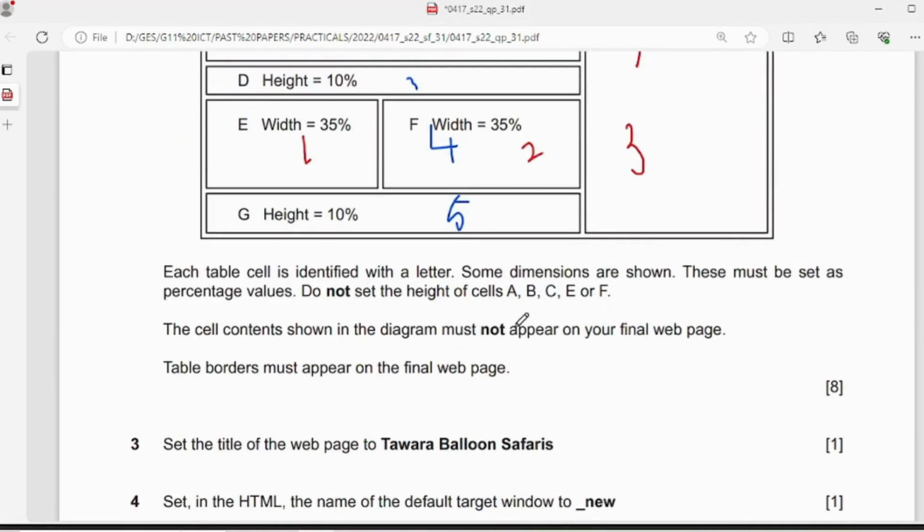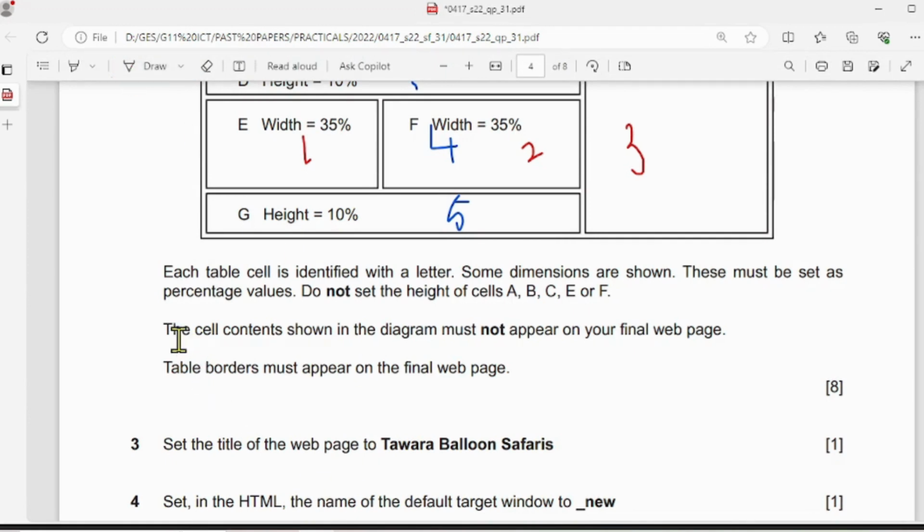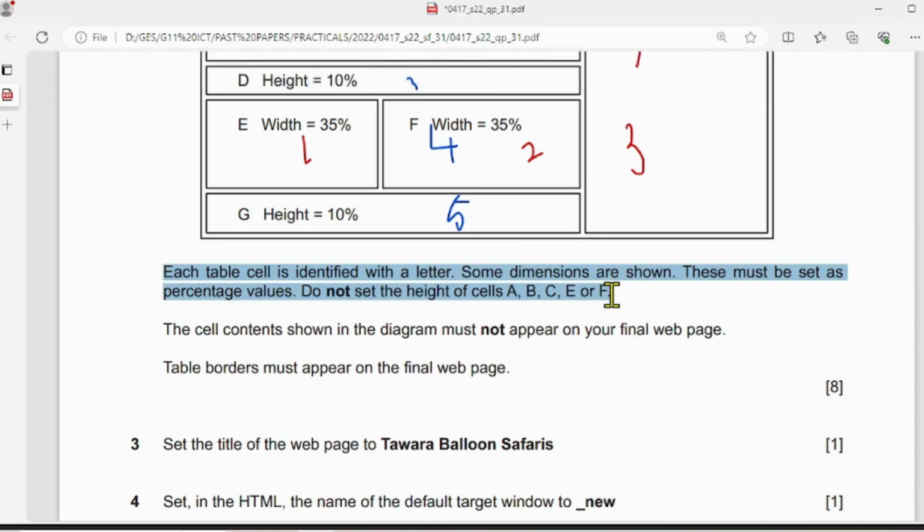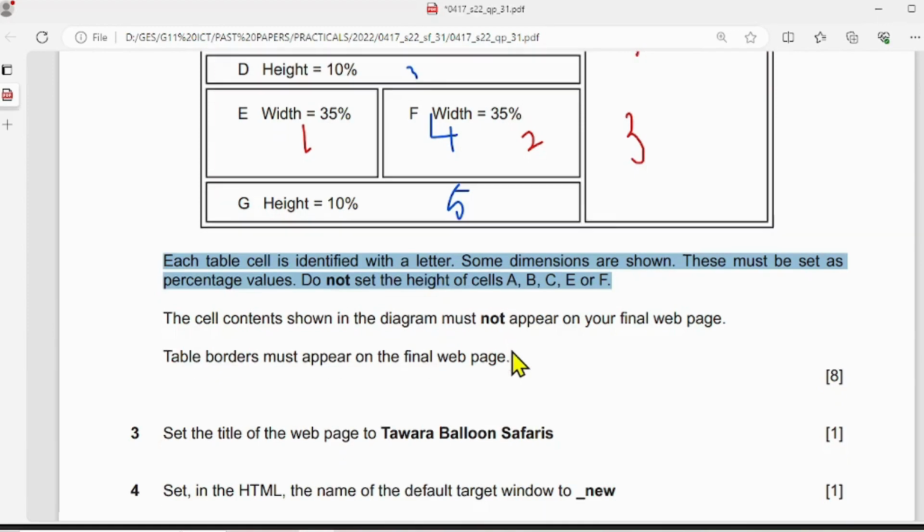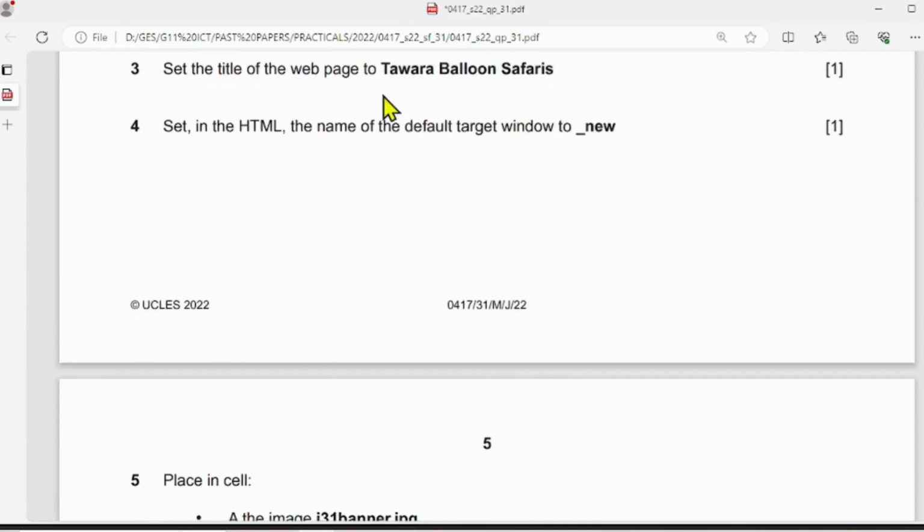Now, the cell contents shown in the diagram must not appear in your final web page. We are going to maintain that. Table borders must appear in the final web page. Done. Each table cell is identified with a letter, and when we print it or show it in a web page, it should not appear there. Now, question 3 onwards, we're going to